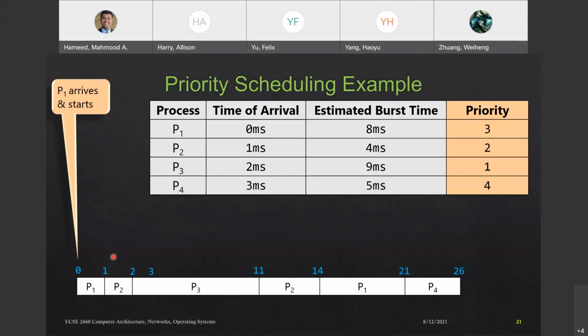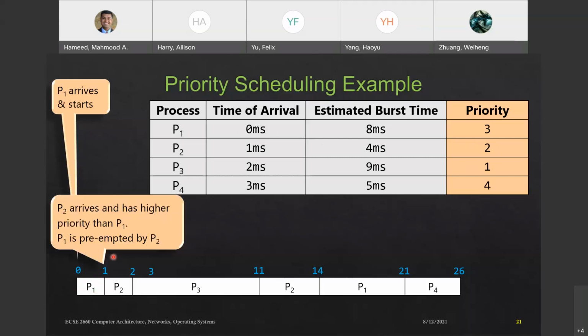So P2 is priority 2, so it preempts P1. P2 arrives there, has a higher priority than P1. So P1 is preempted by P2 here. It works for 1 millisecond, that is between 1 millisecond and 2 milliseconds here, because at 2 milliseconds, P3 arrives with the highest priority. So P3 is going to preempt P2